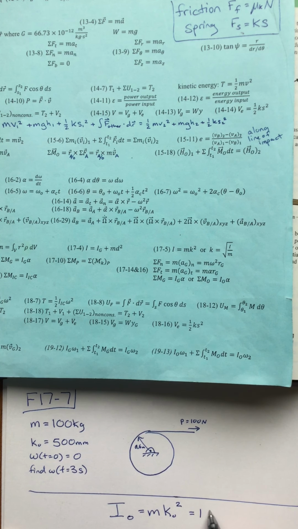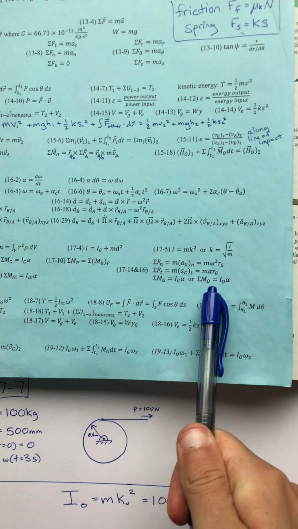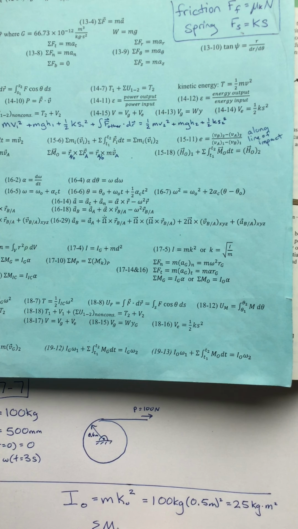So the mass is 100 kilograms. The radius of gyration is 0.5 meters. We square that, multiply them, and we get 25 kilograms times meters squared. So now that I know the moment of inertia about point O, I can use this equation here. I have the sum of the moments about point O is equal to the moment of inertia about point O times the angular acceleration. I have one force which is being applied at a distance of 0.6 meters from point